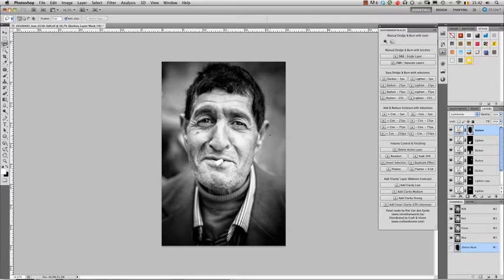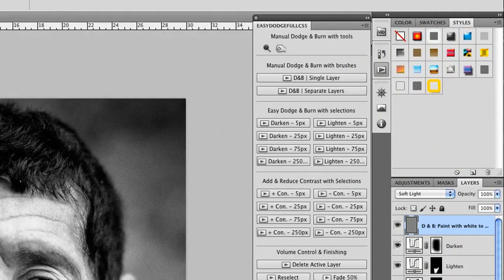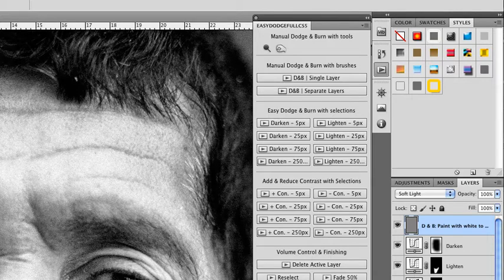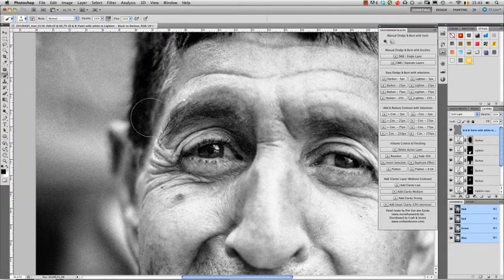What I will do now is quickly use Dodge and Burn single layer found over here to work with very high detail on the eyes. So I hit the button, and what it does, it sets up a layer filled with 50% gray in the soft light blending mode. Now all I have to do is zoom into my image and paint with black or white paint, and the action has already reset the default value, so black on white. And if I want to brighten certain parts of an image,